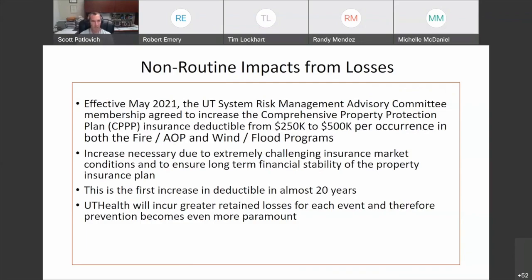It's the first time we've seen an increase like that in many years, and to have it double is quite significant. So the importance of prevention is really important now, so that we don't have $500K coming out of our back pocket every time we have a major event on our campus, and potentially even more than that, depending on the severity of some of these incidents that impact our buildings.